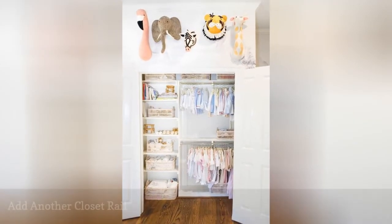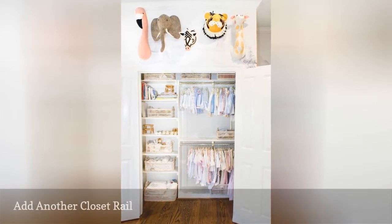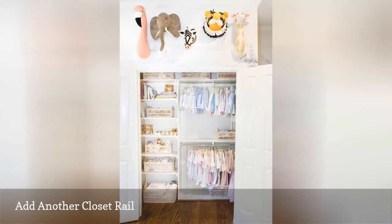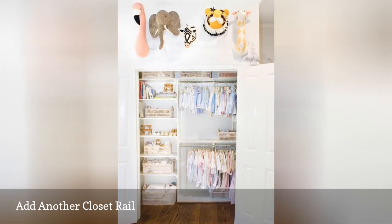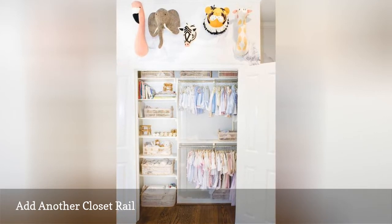Need more room for your tiny fashionista's growing wardrobe? If you install a second rail in your little one's closet underneath the top one, you can double your hanging space. Baby clothes are short and do not need as much hang space as adult clothing. A second rail also allows room for built-in vertical storage space, which leaves plenty of room to store diapers, toys,